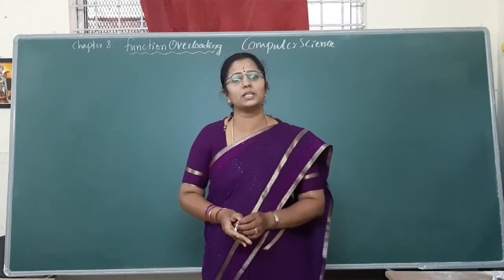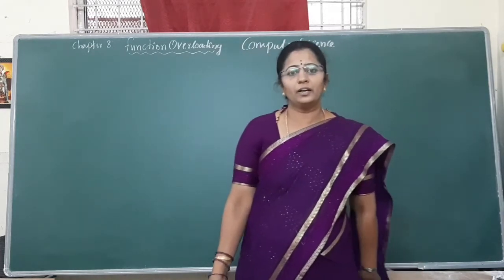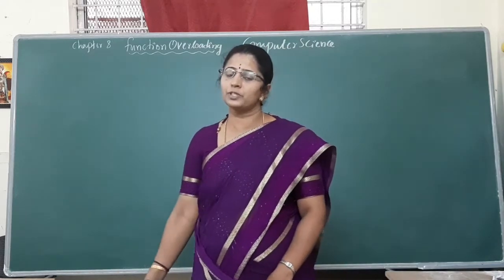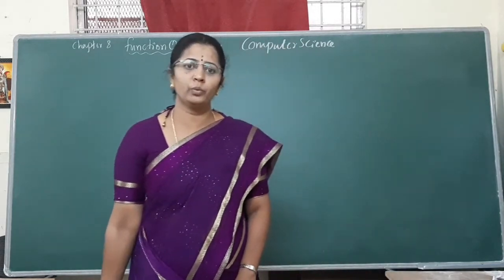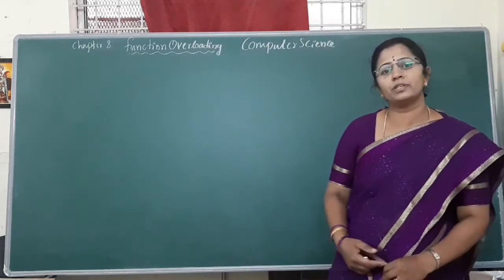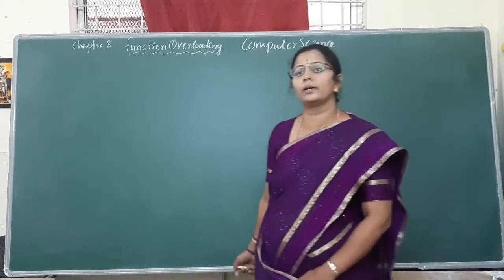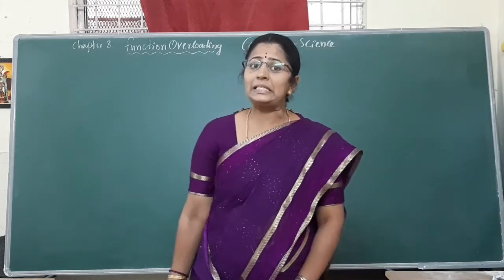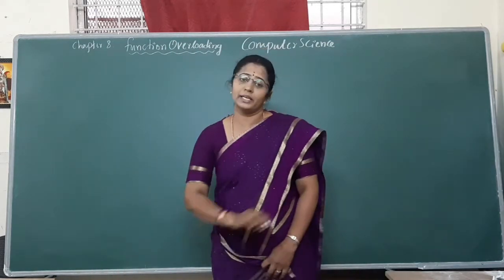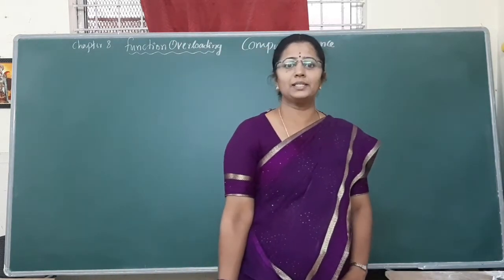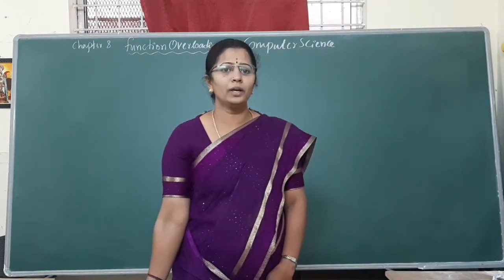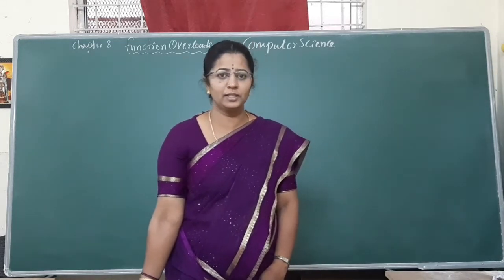Last class we discussed classes and objects. In that we discussed what is a class, what is an object, what are the different access specifiers, and what are the different ways of accessing the member functions. There are two different ways of defining a member function: one is inside the class, another is outside the class. But in the last class we discussed a function with only one name with one function, isn't it?